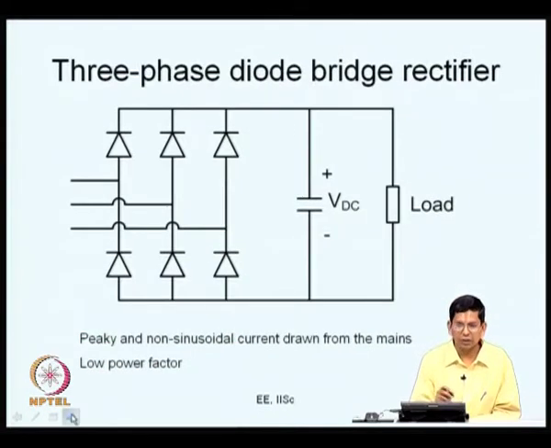Let us say instead of a single phase, you have a 3-phase diode bridge rectifier. What is the difference now? The story is still the same, except that you are now feeding it from 3-phase mains. So, if you look at this current